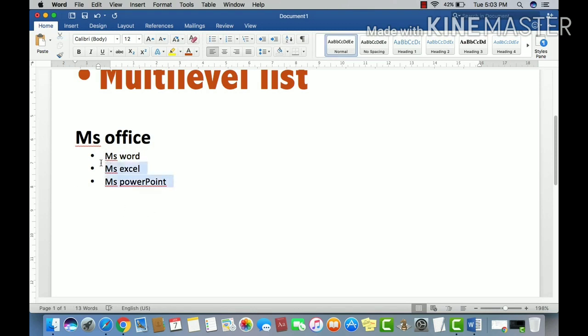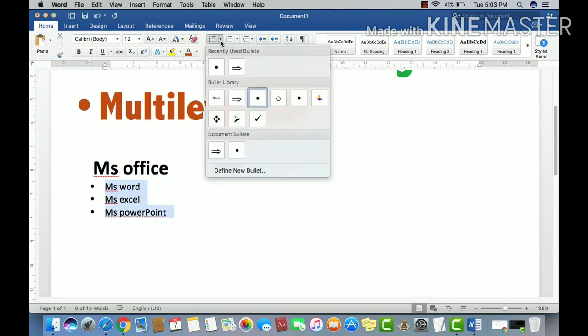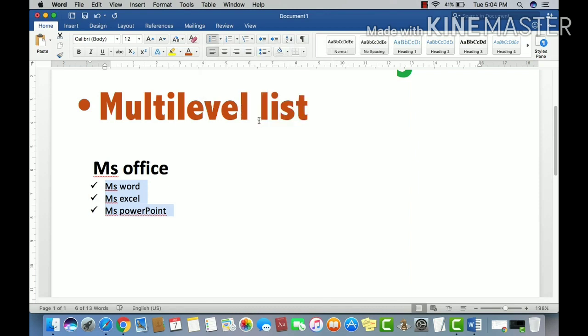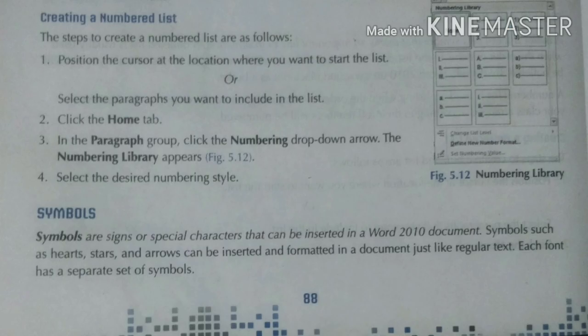These options you have already done, so this will be very easy for you. Nearby to that option you have the numbering option. Bullet is here, and nearby if you want the numbering option, you can click on it. You can change the bullet style also. Or if you don't want the bullet style you can just go to the numbering option. Okay, understood.